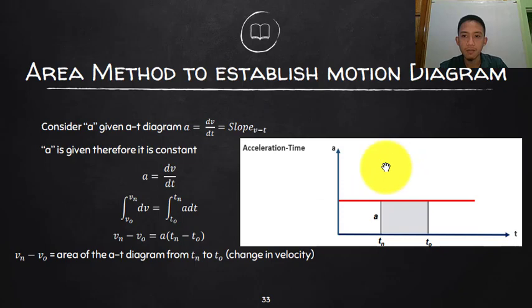Okay, that is your motion curve. But how are we going to deal with that? It is by the area method. Okay, the area method to establish your motion curve. How are we going to draw? Let's say you only have there originally